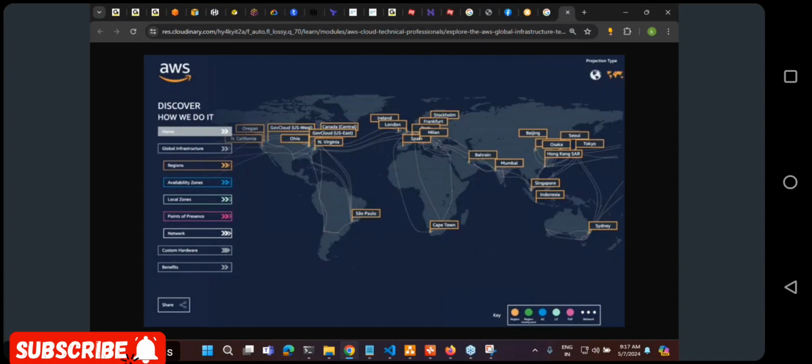Let us assume that I am trying to run this application in India. I have Mumbai and Hyderabad. I even have Delhi and Kolkata also, right? So I can try to run this application globally. Tomorrow, if I want these calculators to be sent to the US, all I have to do is recreate the same thing somewhere in the US. So for me, deploying globally becomes an easier option.